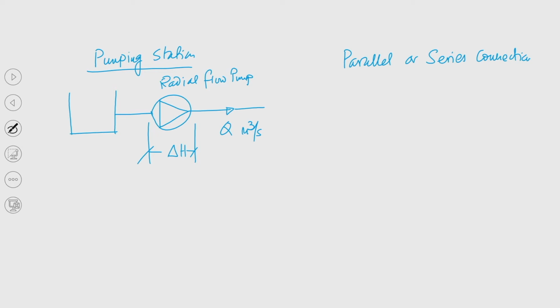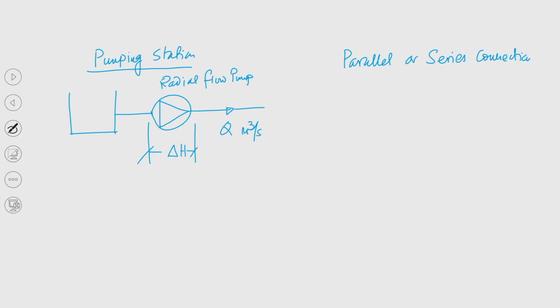With time, if the requirement is becoming high, then a common tendency is to use the same pumping station, because in a pumping station one operator will be there. So, if we somehow can utilize the space of the pumping station to install another pump, so that the extra requirement can be fulfilled from the same pumping station, it is a good design from an economical point of view. So, basically if we try to install another pump in the same pumping station, the same operator can look after the operational issues of the pump, and also we can utilize the existing space.